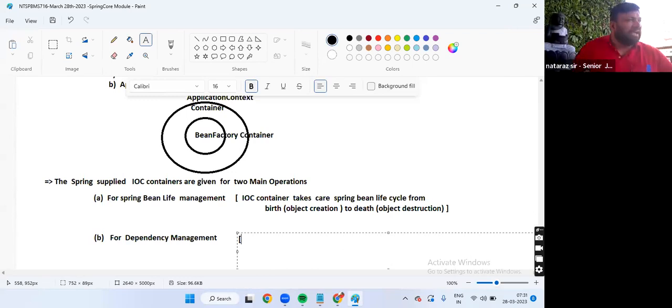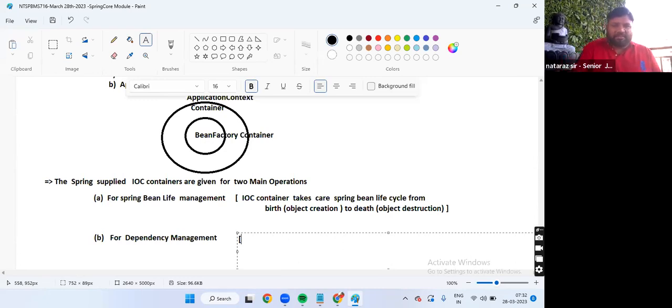Paytm service is the target class. Bank service is the dependent class. Paytm, the UPI payment people, need the services of the bank. The way you assign the SBI class object to the Paytm service class object is nothing but dependency management.